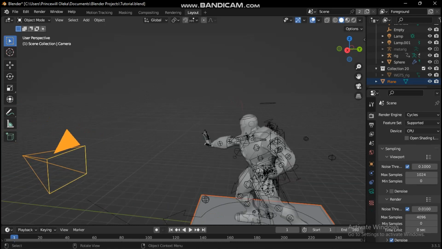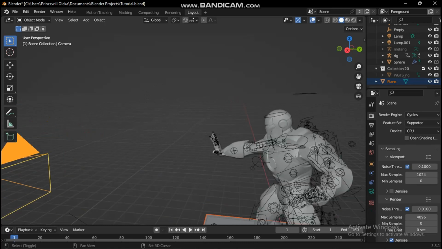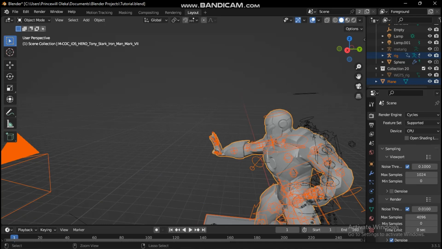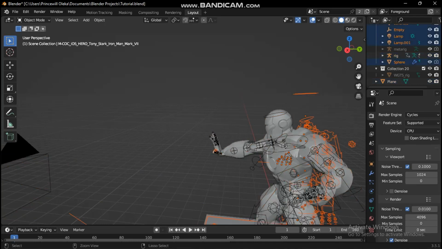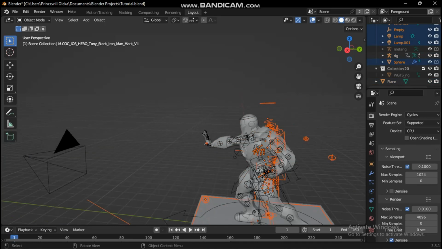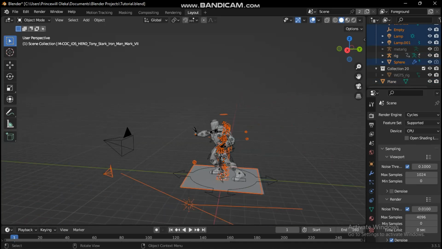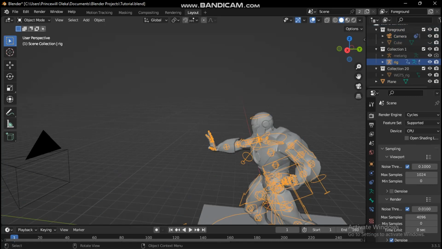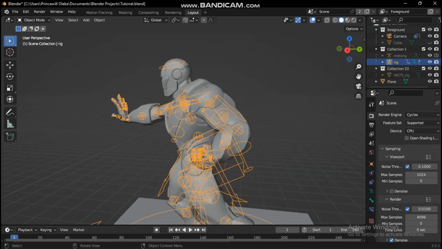And if we zoom in, we can select this. Over here you can see a crown on his head. Let's select that crown and his body, and just press Ctrl I to invert the selection, so the things we didn't select the first time will be selected, and press X and delete this. So now what we have is the rig of our Iron Man character,